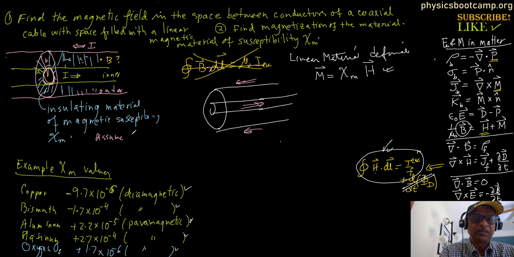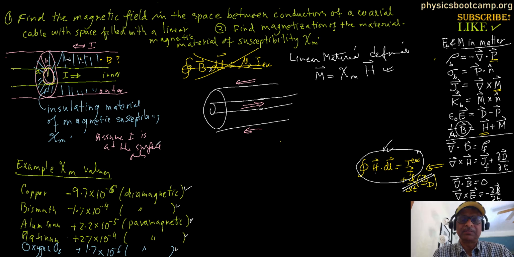Assume I is at the surface only for these conductors. Okay, so if you had a rod, I just suffer nothing in the middle. Okay, so we're going to assume that. So for this,